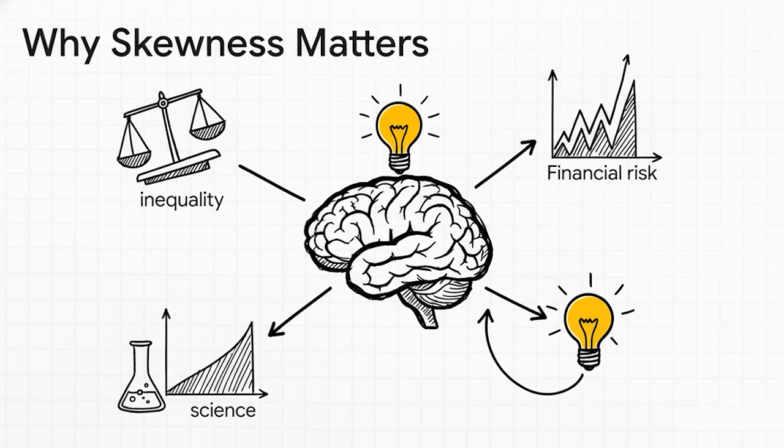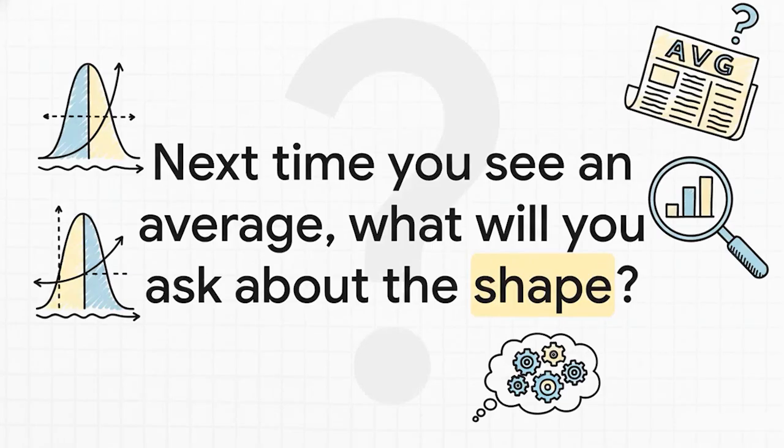I mean, a positively skewed stock might have lots of little losses, but also the potential for a huge, rare gain. In science, it keeps researchers from making bad conclusions based on an average that doesn't really represent their data. At the end of the day, it just makes you a smarter, more critical thinker. So, we're going to leave you with this thought. The next time you see a headline that talks about the average anything, you'll know that's not the end of the story. For you, it's just the beginning of a much more interesting question. What's the shape of the data?